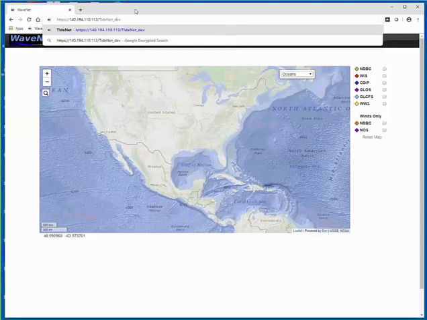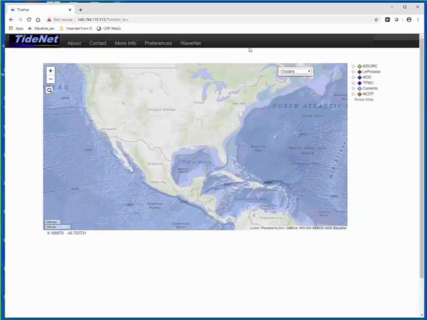Okay, just hit enter, and bingo. Or you could click here; I'm in TideNet now, okay? When I was in WaveNet, just click here, and I will go back to WaveNet or TideNet, vice versa, okay?